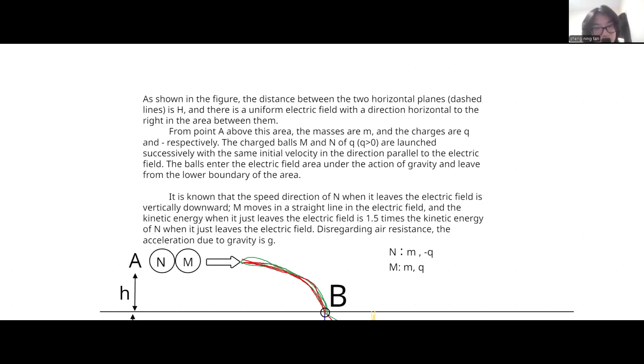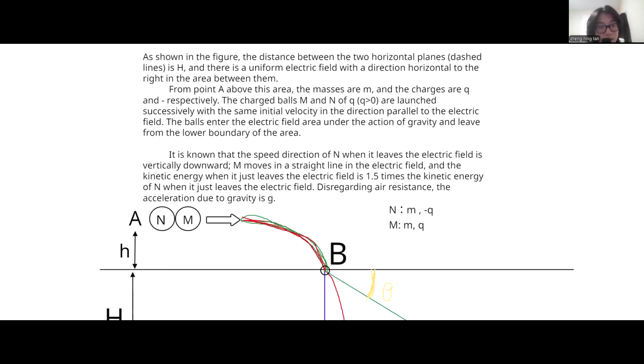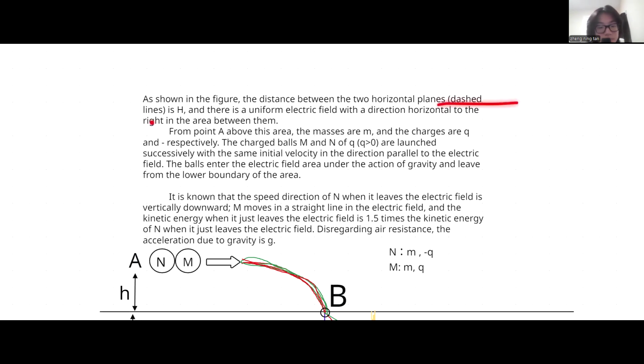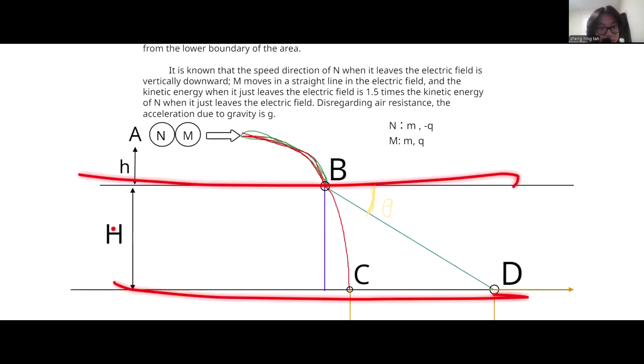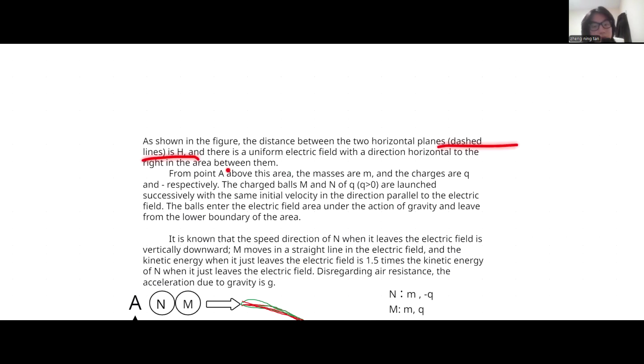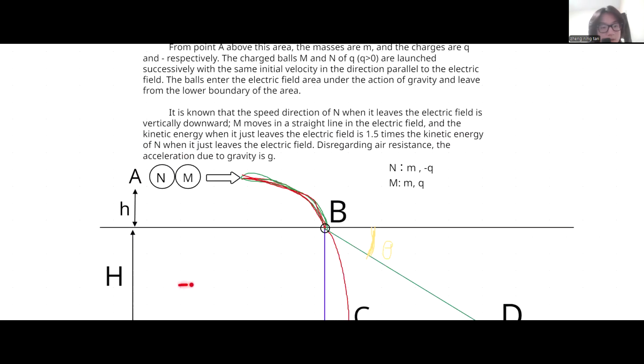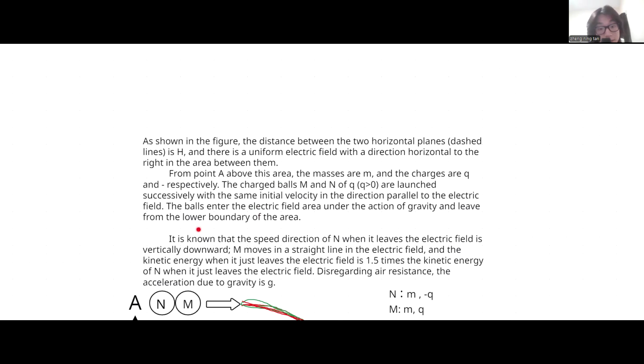As shown in the figure, the distance between the two horizontal planes, represented by the dashed line, is h. And there is a uniform electric field with a direction horizontal to the right in the area between them. From point A above this area,